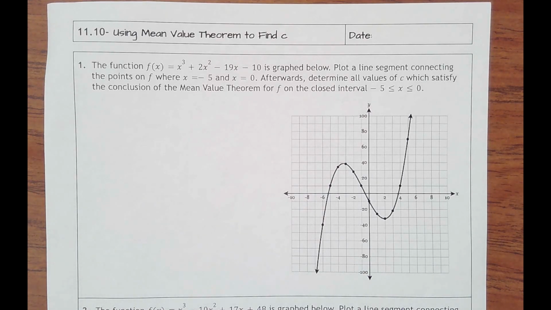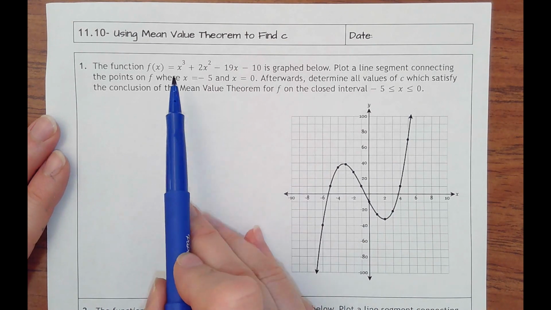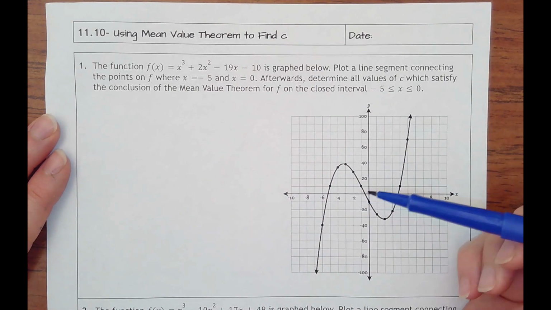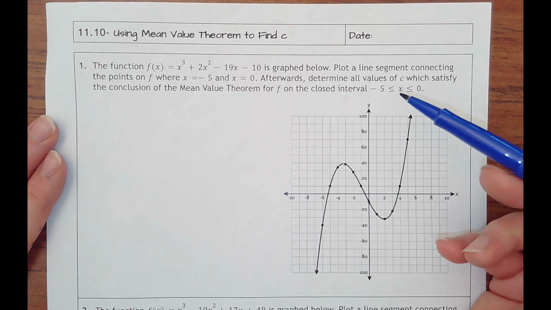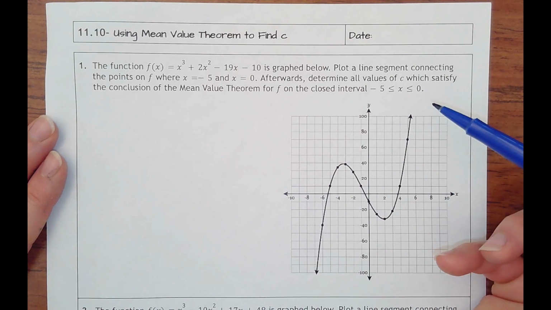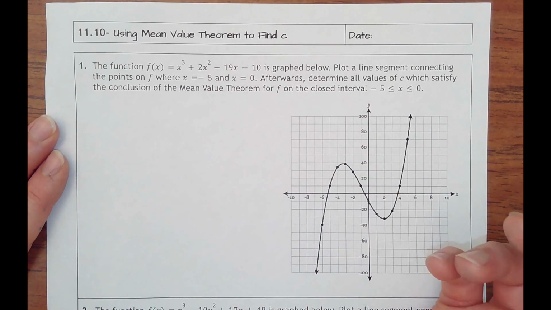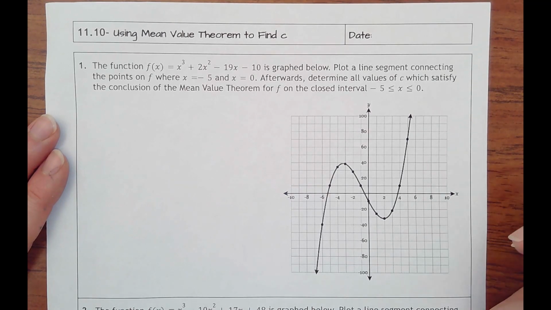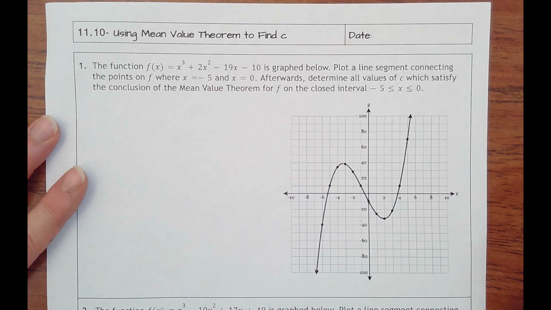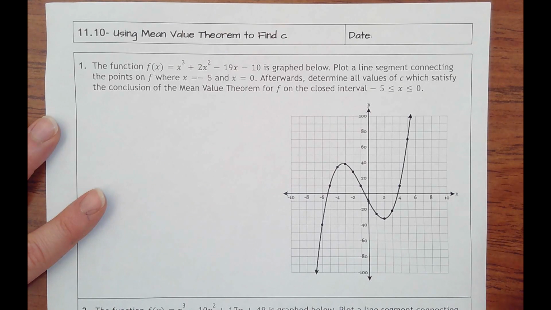Lesson 11.10, using the Mean Value Theorem to find C. So no new theorems. This is using MVT to find an x value. We are going to be given some kind of polynomial, and we have a graph, so that's good. It says plot a line segment connecting the points on f where x equals -5 and x equals 0. Afterwards, determine all values of C which satisfy the conclusion of the Mean Value Theorem for f on the closed